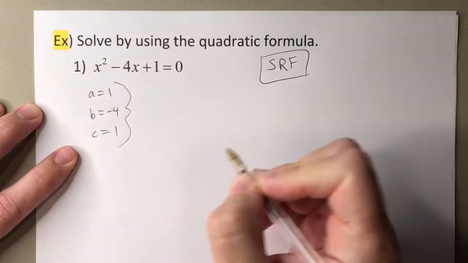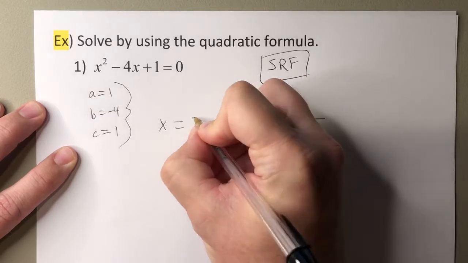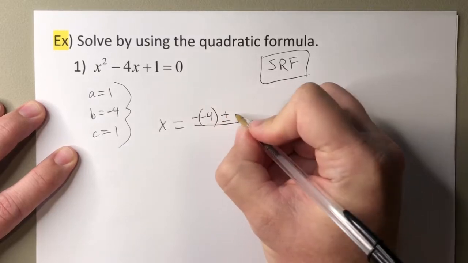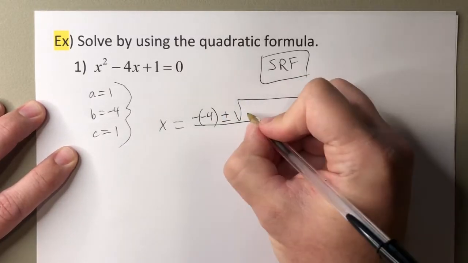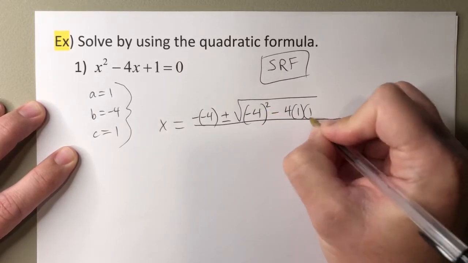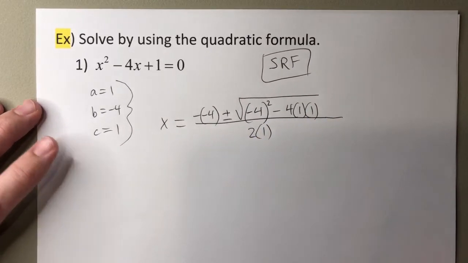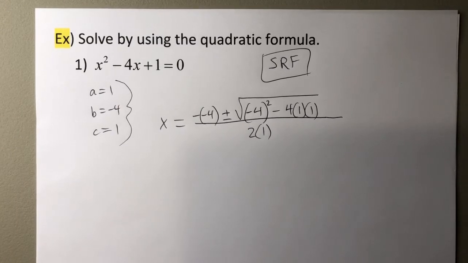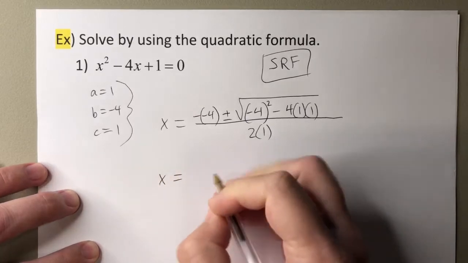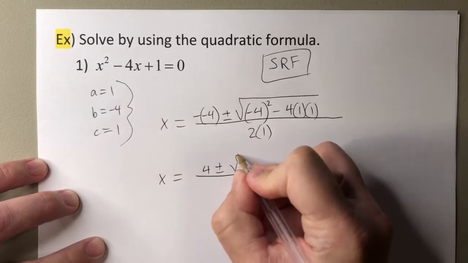Well, we have the 3 pieces that we need. And then we know what? X equals negative b plus or minus the square root of b squared minus 4ac all over 2a. So it's just plugging in the numbers in the appropriate locations for a, b, and c. That's it. And then simplifying it specifically in simplest radical form. So let's do that now. So what do we get here? Negative times a negative is a positive. So 4 plus or minus the square root of